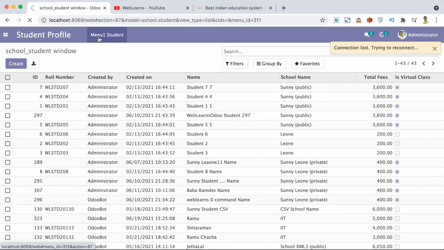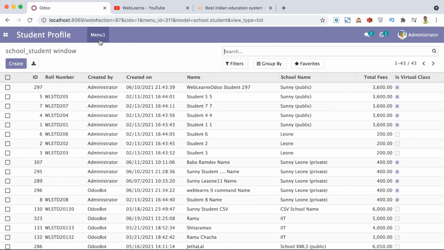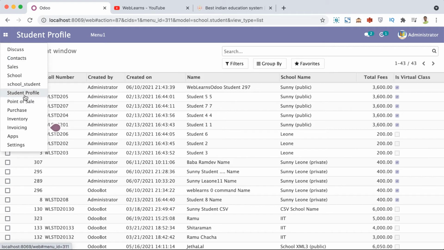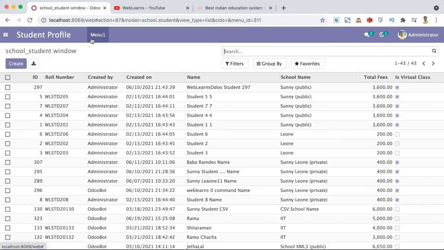You can see here it will display menu 1 only. Okay, so this is the main menu, student profile. Under the student profile you can see menu 1, and under the menu 1 having this menu 1 student, and when you click that one you can see here the list of student profiles is displayed. So in this way you can create menus, but here